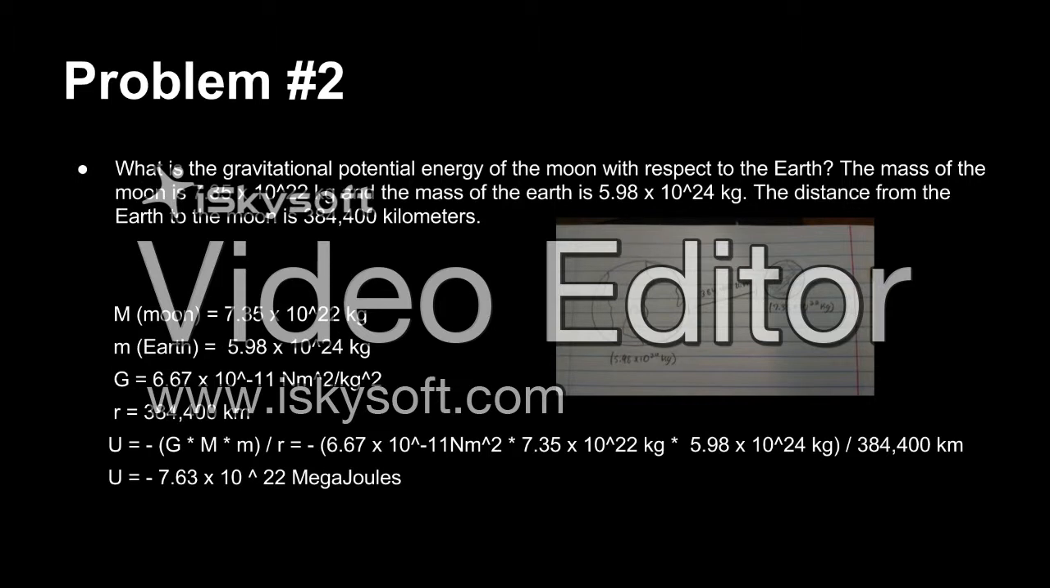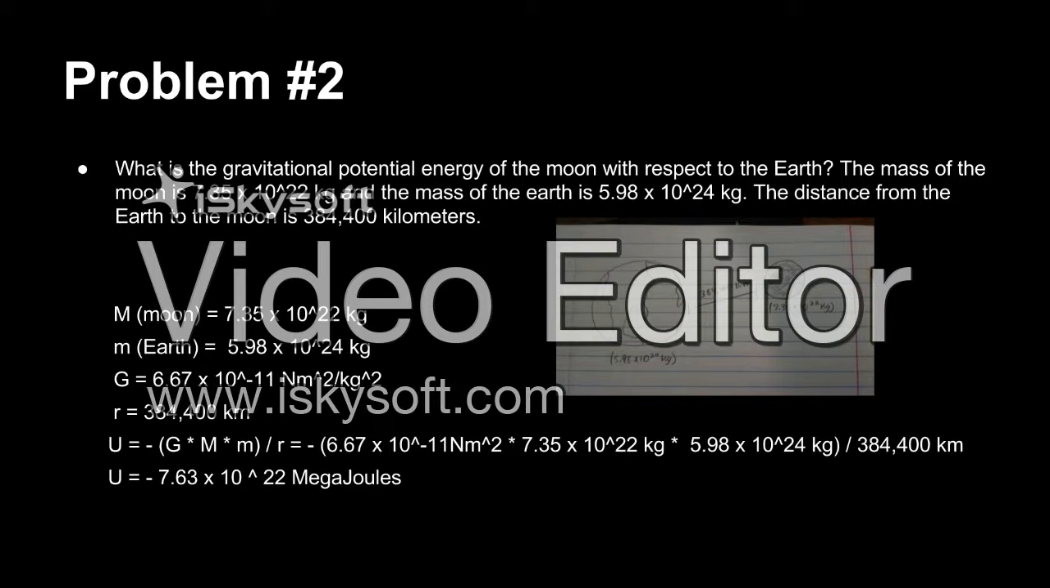384,400 kilometers. So we know the mass of the moon is 7.35 times 10 to the 22nd kilograms. The mass of Earth, which is little m, is 5.98 times 10 to the 24th kilograms. Big G, the gravitational constant, is 6.67 times 10 to the negative 11 newton meters squared over kilogram squared. The radius, or the distance between the center of the Earth and the moon, is 384,400 kilometers. And so we plug that all into G times big M times little m over r, and we